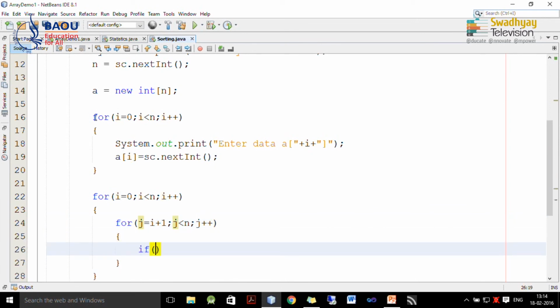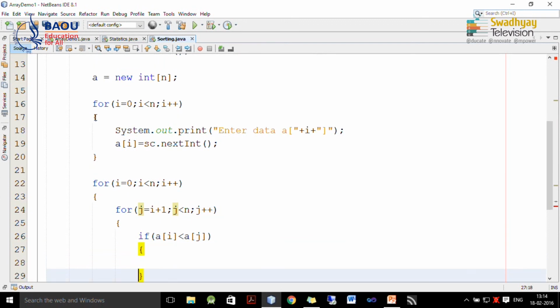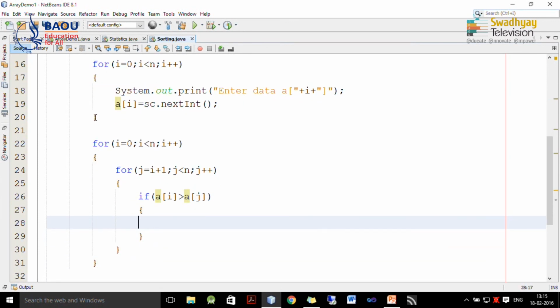Now, here I compare A of I and A of j, and remember here we use the greater than sign.